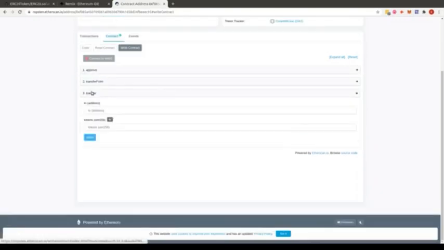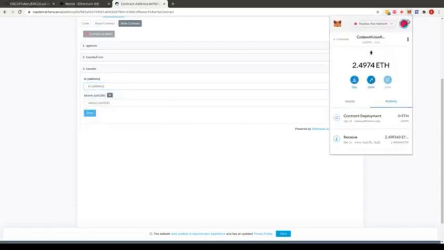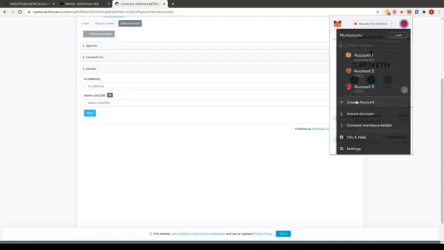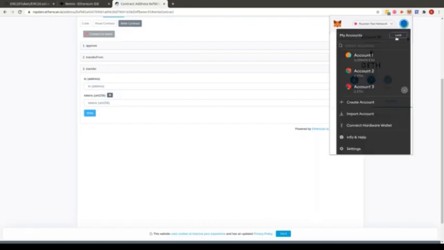And here you can transfer your token. So I can transfer some token to a different address. I can show you this. For this, I'm gonna create a new account here. Create. Just copy this address. Go back to my